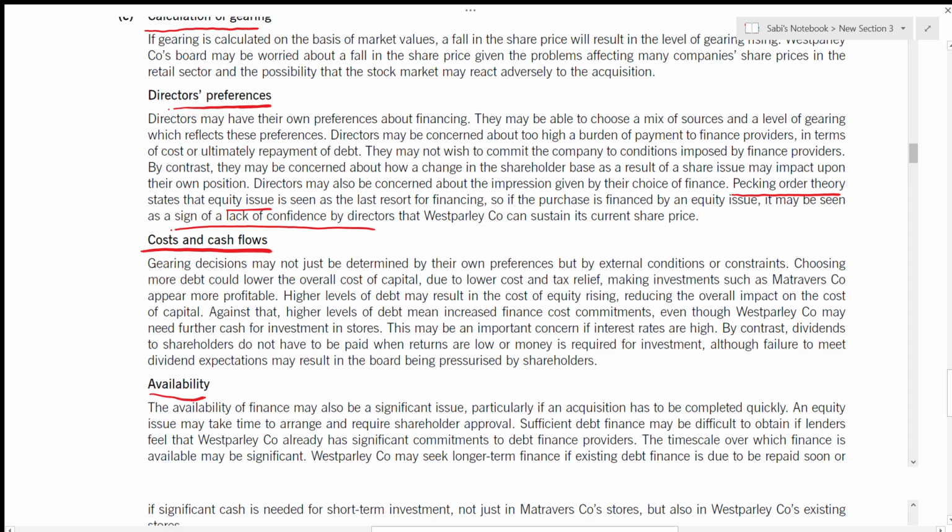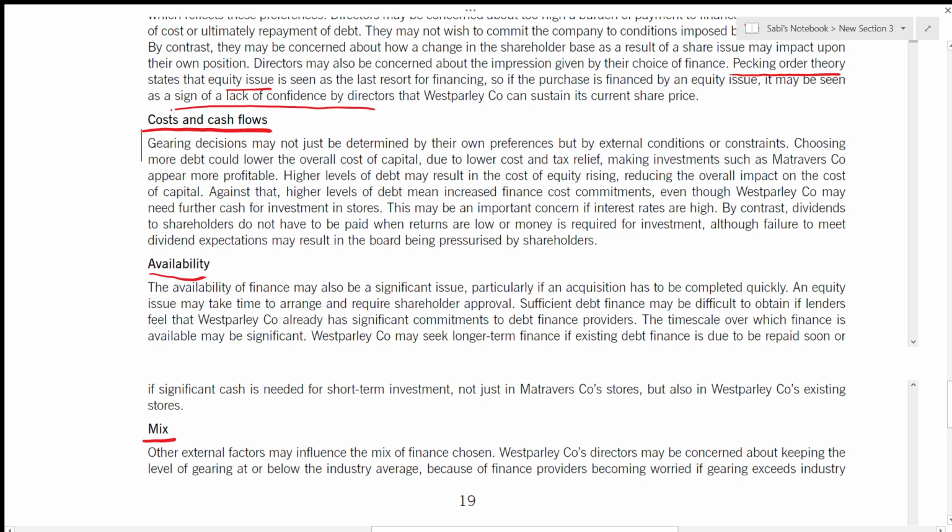Now let's go to the availability. The availability of finance may also be a significant issue, whether it is available or not, particularly if an acquisition has to be completed quickly. An equity issue may take time to arrange and require shareholder approval. Yes, it's not easy to go for an equity issue. You need the consent of the shareholders, they need to approve, and it also takes time to arrange